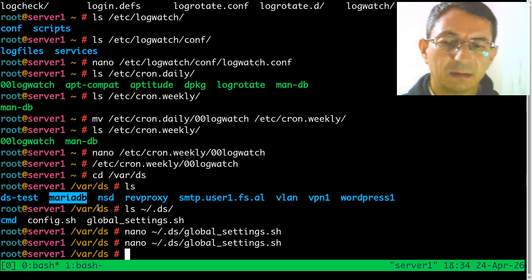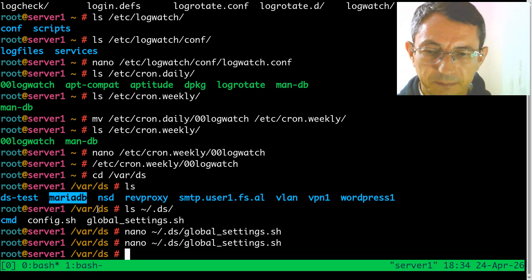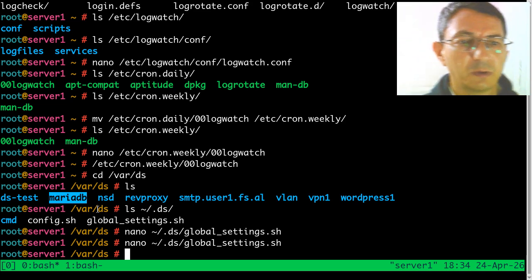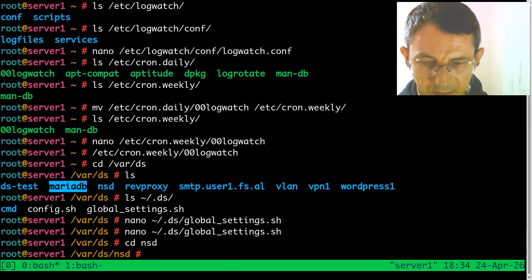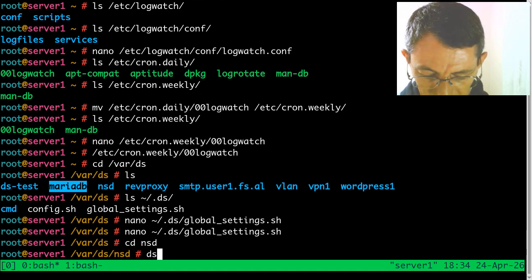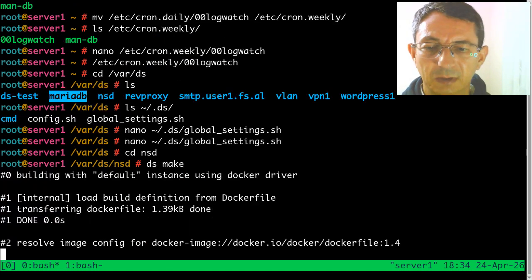Now that we modified global settings, we can rebuild, for example, this container and this one, etc. And this time, when we rebuild it, logwatch will be configured as well. So if I go to NSD and rebuild it with dsmake,